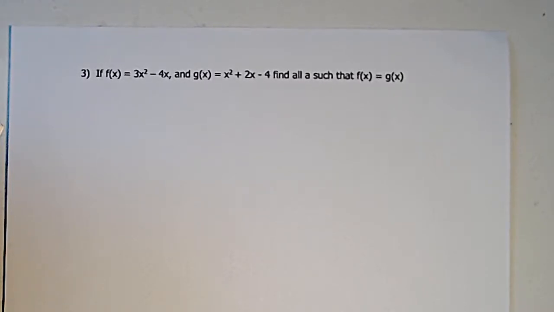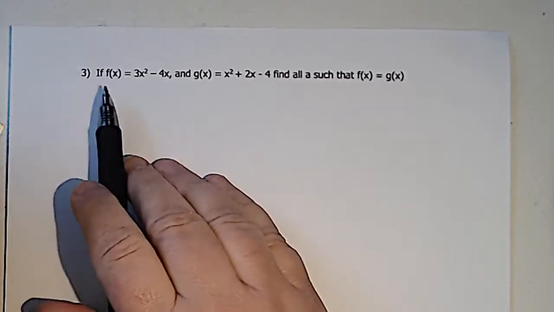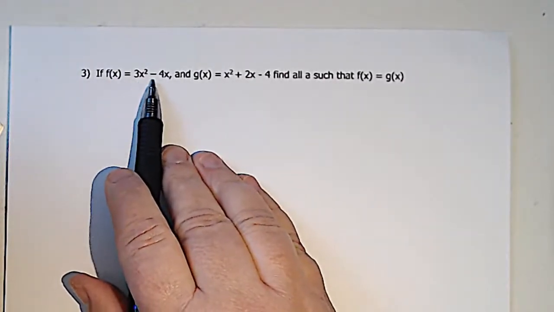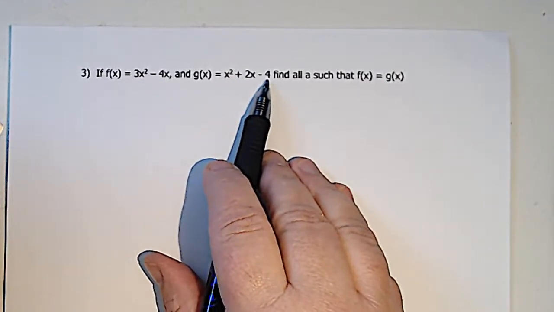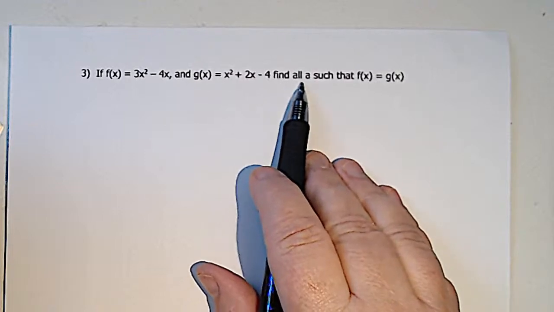Woohoo! So, numbers 3 and 4 are weird questions. But I wanted to go through a couple of weird questions so you'll know what to expect when you see them on your own in the wild. So I've got f of x equals 3x squared minus 4x. g of x is x squared plus 2x minus 4. And you want to find all